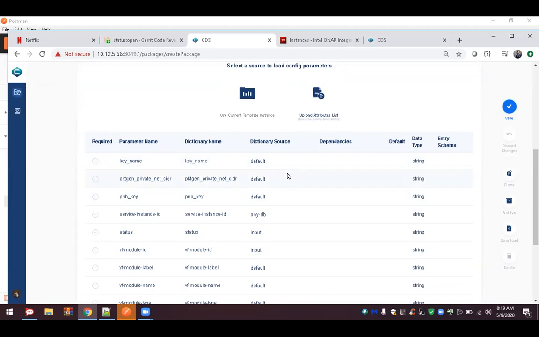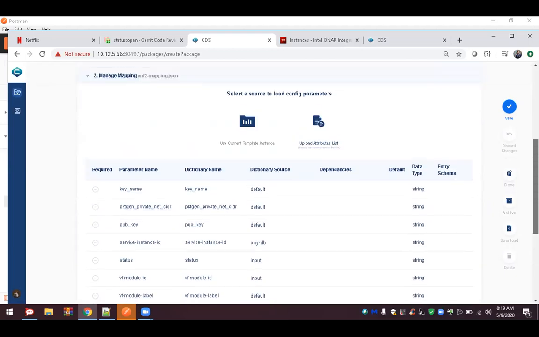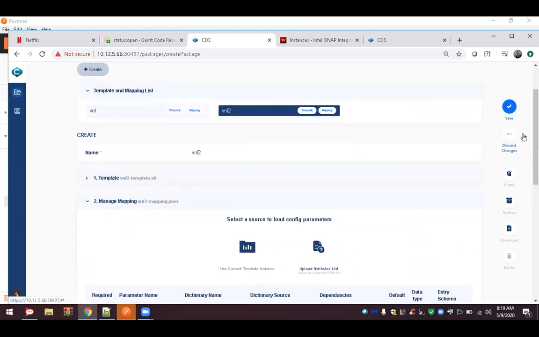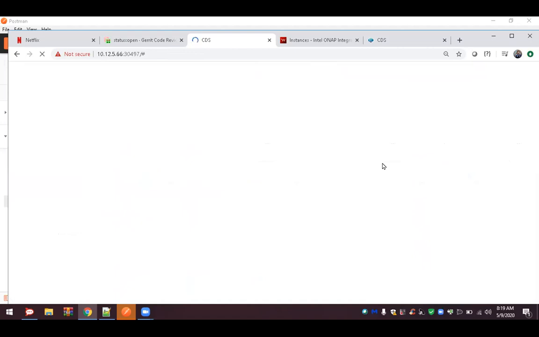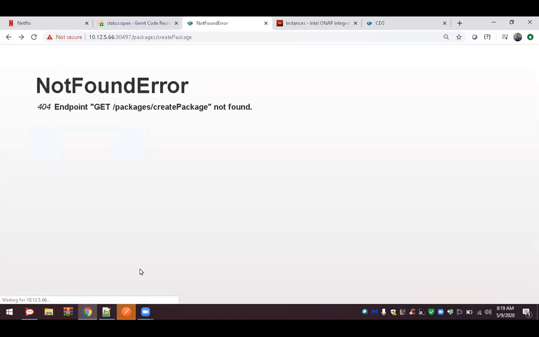And if he wanted to use the current template instance, the update will be only for the new attributes, right? So there is no dependency from the mapping section on the template section. If I made some changes to the template section, it doesn't apply to the mapping table. They're independent files, absolutely.